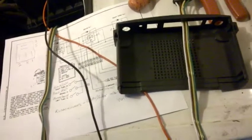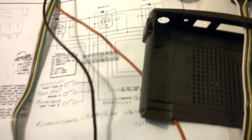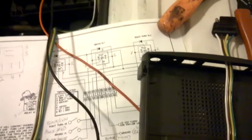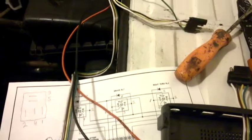Okay, folks, continuing on the Vanagon towing project. So now we have to make up an adapter for four wire to 3-wire tail lights,